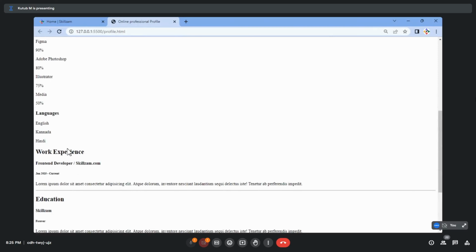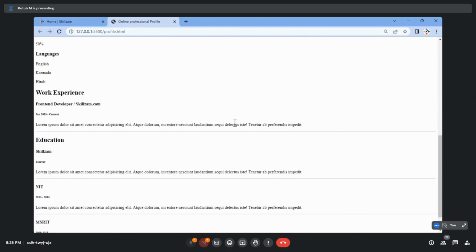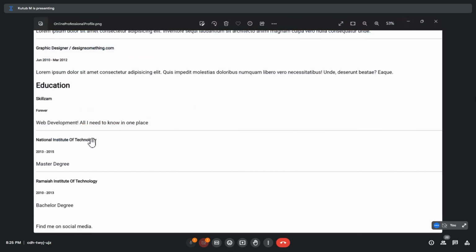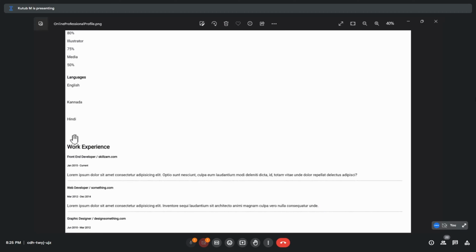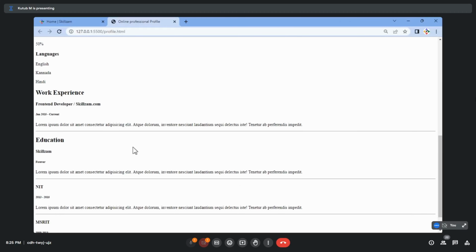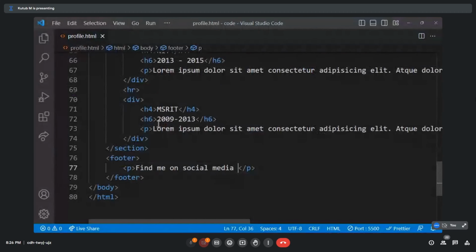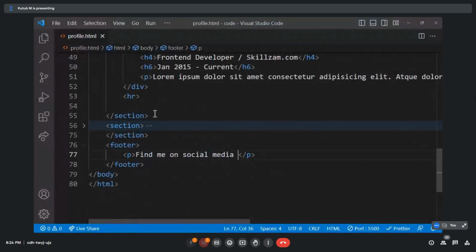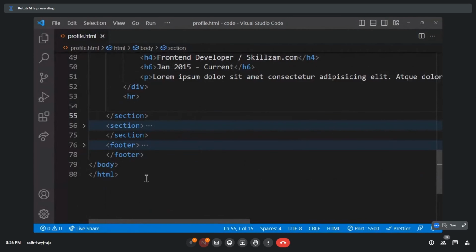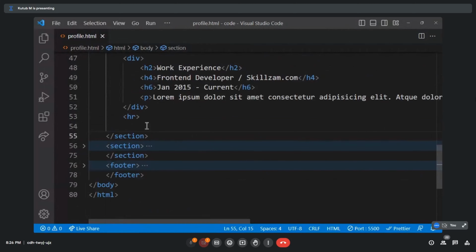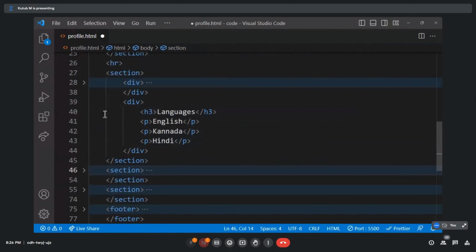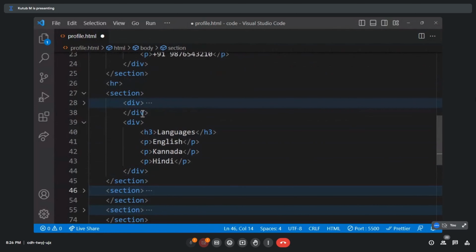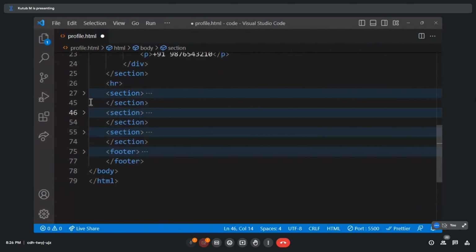Good. So maybe here we can add a horizontal rule, but that's not there in the mockups, right? Yeah, that's not there. Maybe there is a gap here. Maybe for the gap we can add line breaks. Or if we learn the CSS, ideally there will be a padding and margin that will be created. We'll talk about that later, but for now, in order to create that gap,